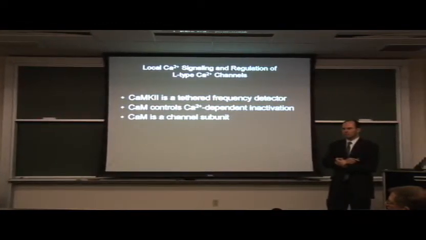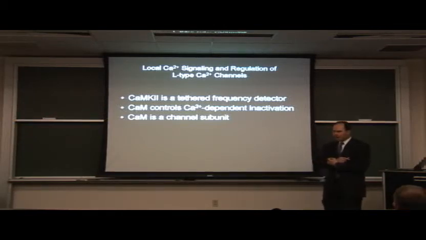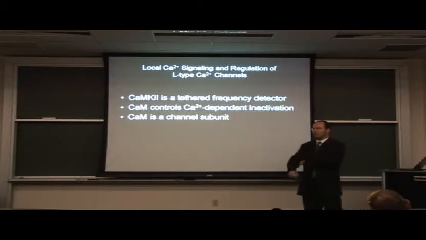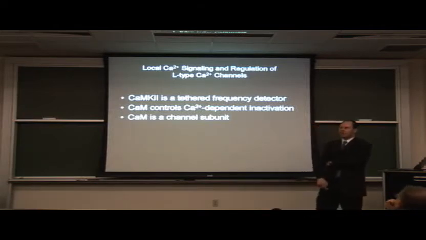They like to try and claim that 90% of it was floating around free in the cytosol, and the rest of it was next to the junctional sarcoplasmic reticulum. Well, calmodulin is very highly abundant, right? So if 10% were not in the cytosol, there's still plenty to essentially coat all of the calcium channels. So we have very good data, biochemically as well as functionally, that suggests that calmodulin is a constituent subunit. Let me show you where I'm going with this in a second.